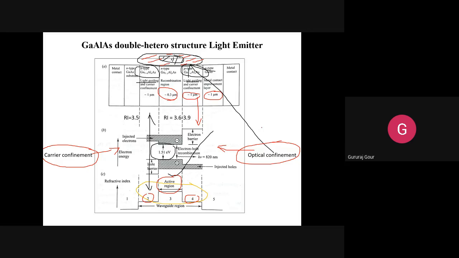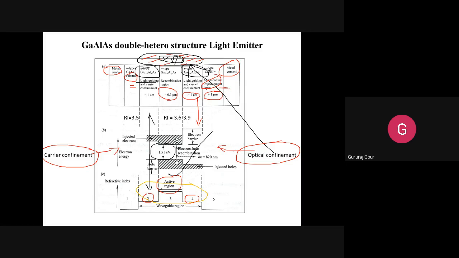So what is the job of these things? This is a metal contact for making the conductor contact, and this is another metal contact improvement layer here, and this is a substrate which is helping you to inject more electrons. This also helps you to inject more holes along with this P type. Along with that, these two things, the N-type gallium arsenide substrate, will also help in acting like a heat sink.